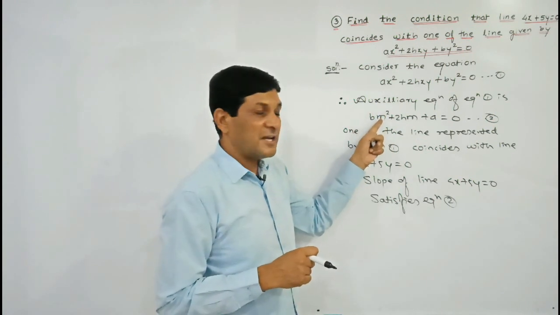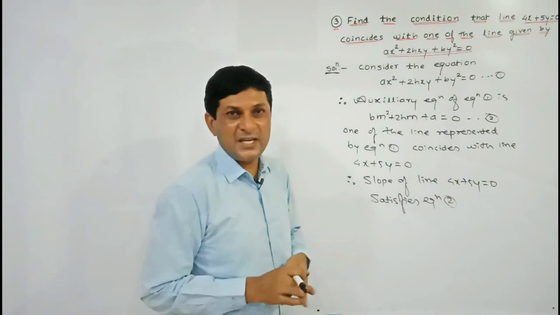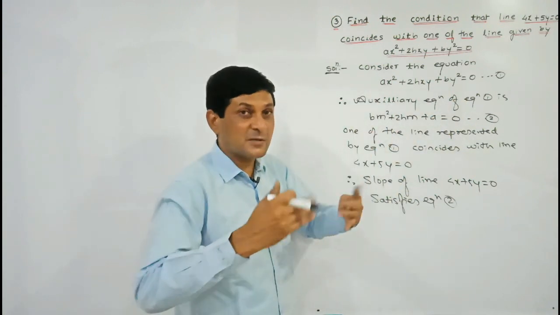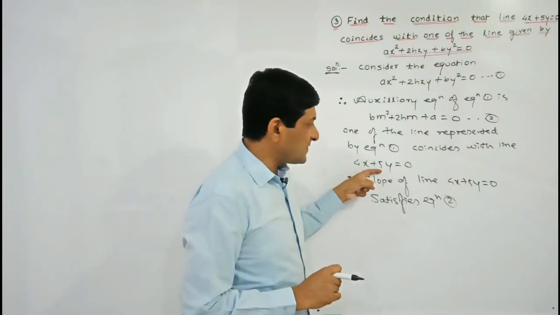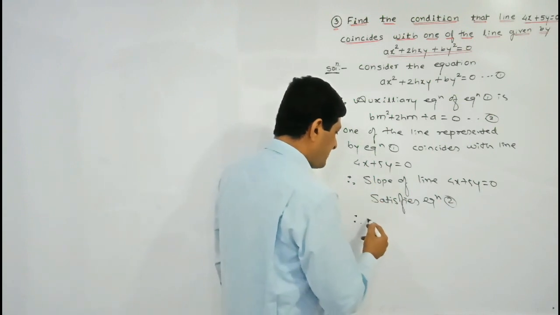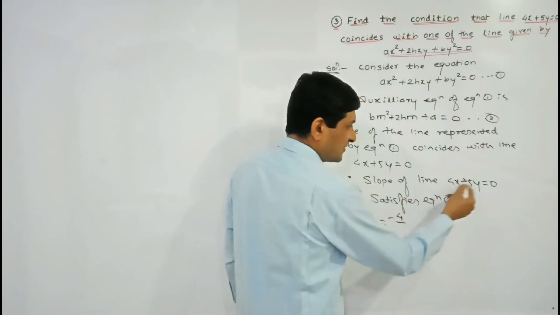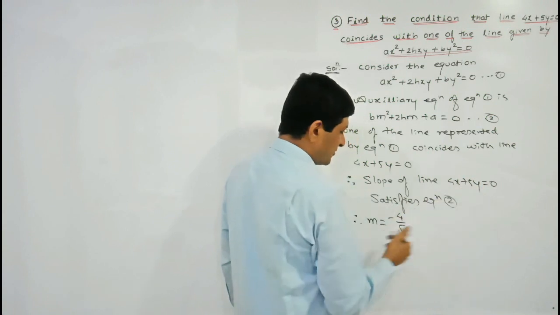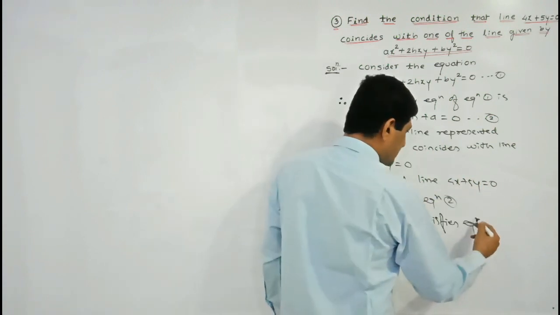Again, if I replace m by y by x and simplify it, we will get the same equation. These two equations are the same, one in homogeneous form and the other in auxiliary form, in terms of slope. Getting it? So that's why the slope of this line satisfies this equation too. So find the slope of the line. Therefore m is equal to, what is the formula to find the slope? Minus a by b. Here a is equal to 4 and b is equal to 5. So m is equal to minus 4 by 5 satisfies equation 2.